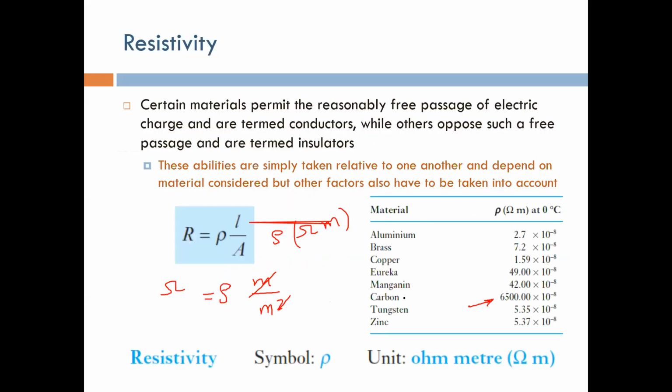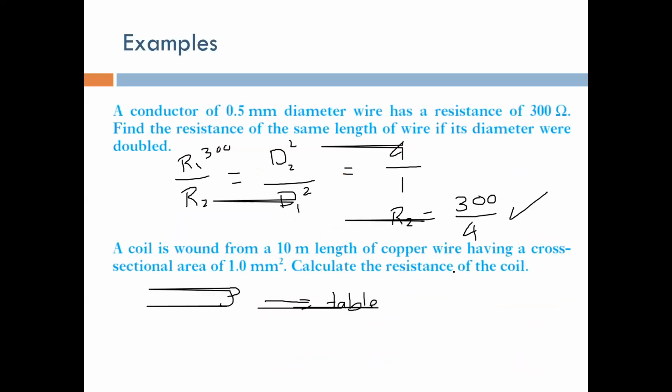Basically, you have to go back to this table here and get the value of rho for copper, which is this, and just use it there. Just plug everything in. See, this is 1.59 times 10 to the minus 8. So basically, this will be,